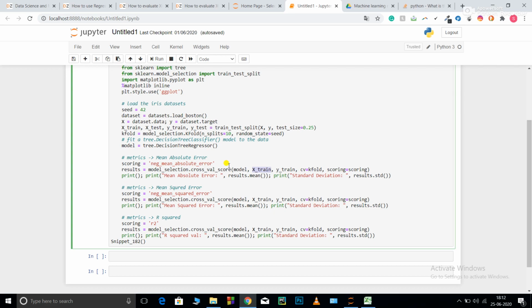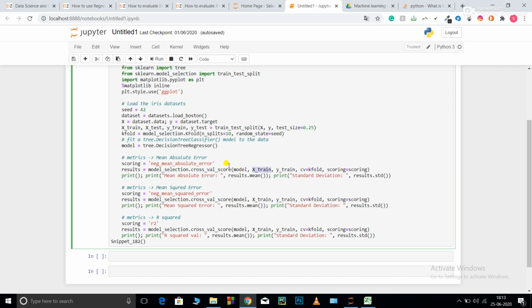It basically calculates the absolute error between your predicted and the actual values. That is, it takes the mod. For example, your predicted values are 3 and 5, and your actual values are 4 and 4.